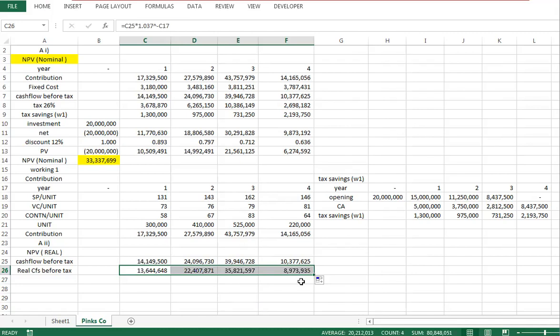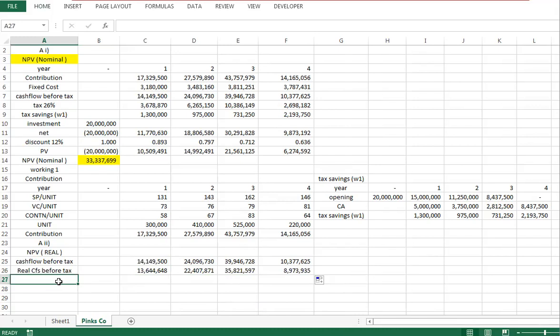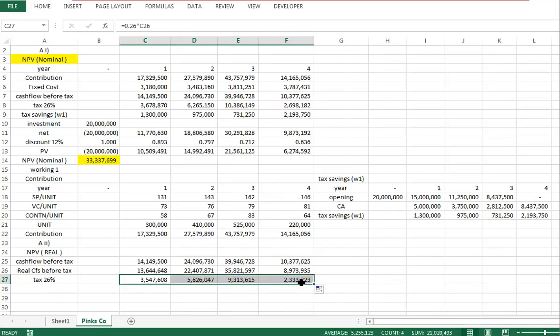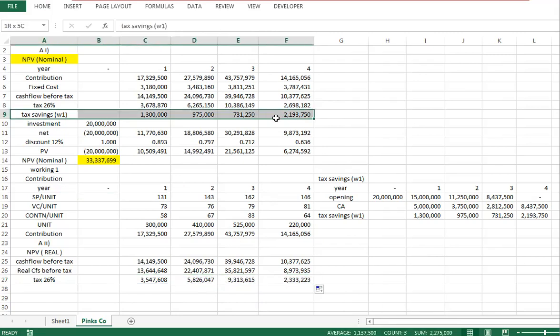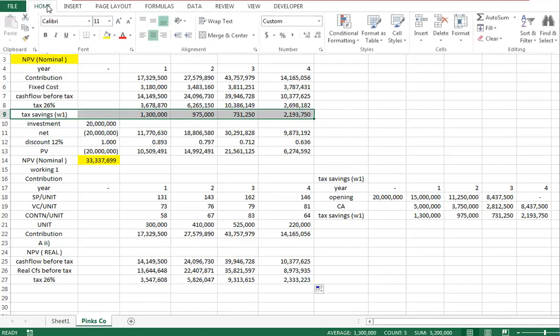Okay. So these are the real cash flows. After that, I'm going to calculate tax, which is 26% on these, which is 0.26 multiplied by this figure. So everything should not include inflation. So even the tax should not include any inflated figures, right? So we have the tax. Now the tax savings, which we calculated above,